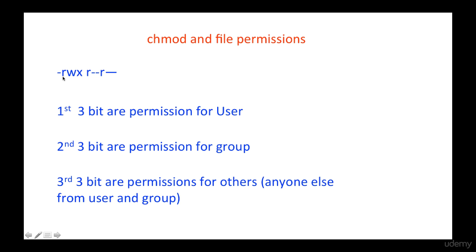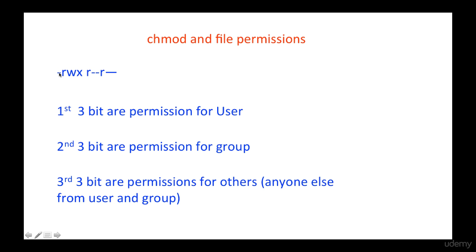Now, if we look more closely here, I have separated the bits by a space. Typically, this is not separated by space, but I separated it for clarification. The first three bits are the permissions for the user. And mind it, this denotes that it's a file. If there is a D here, it means it's a directory. We will not cover this; it just signifies whether this is a file or a directory.